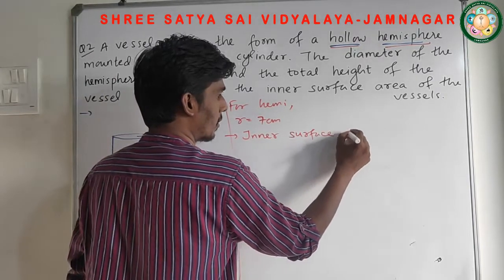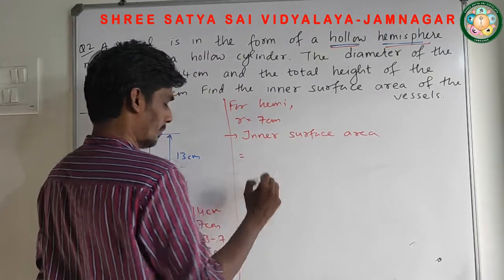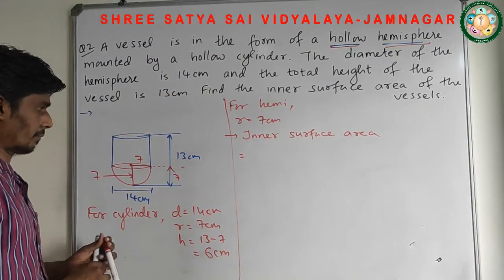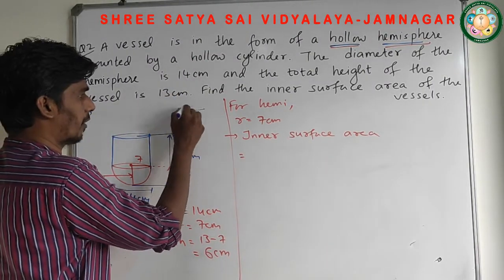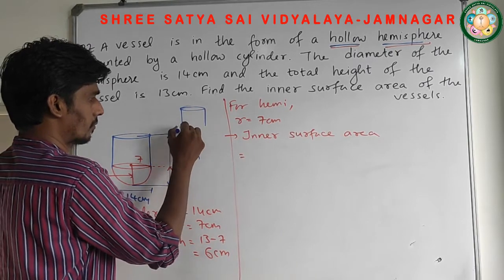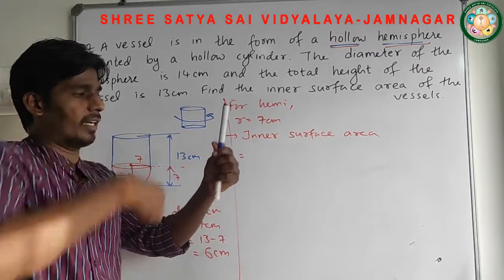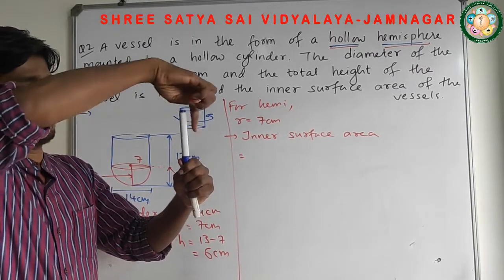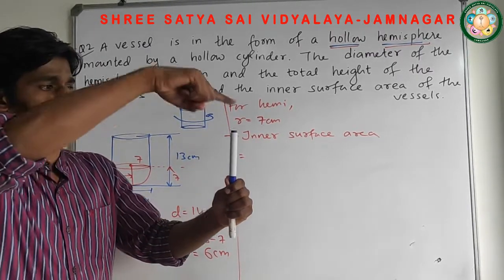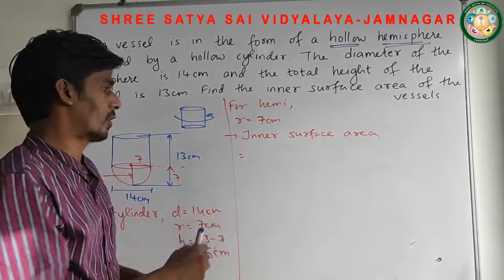Inner surface area. Now what is the curved surface area of cylinder formula? It's curved surface, only the outer surface, you can see this white region. What will this whole be? Curved surface area, which does not include top and bottom. So its formula is what?